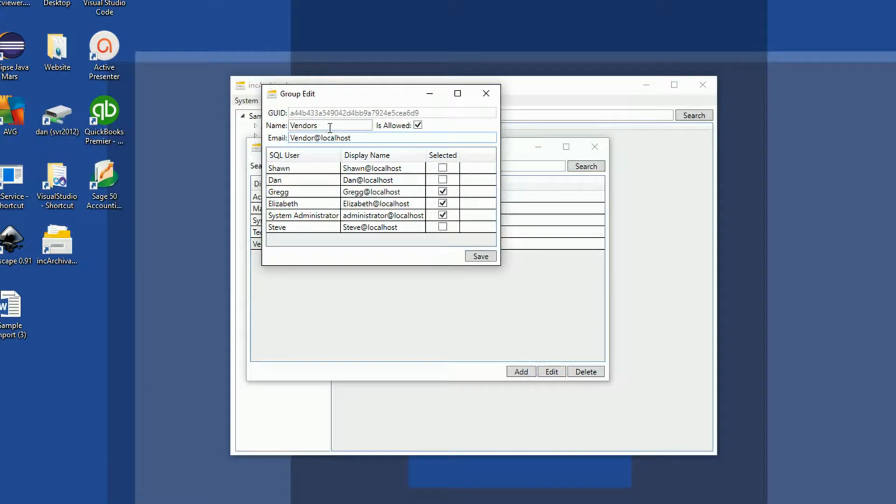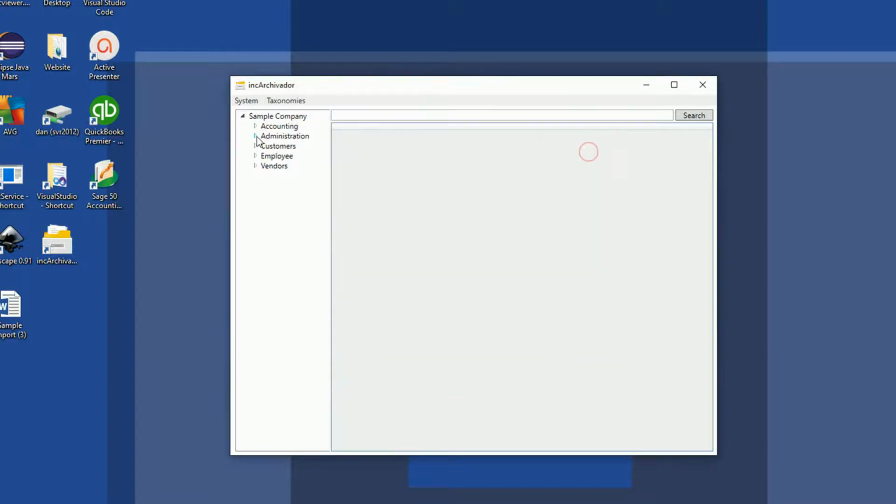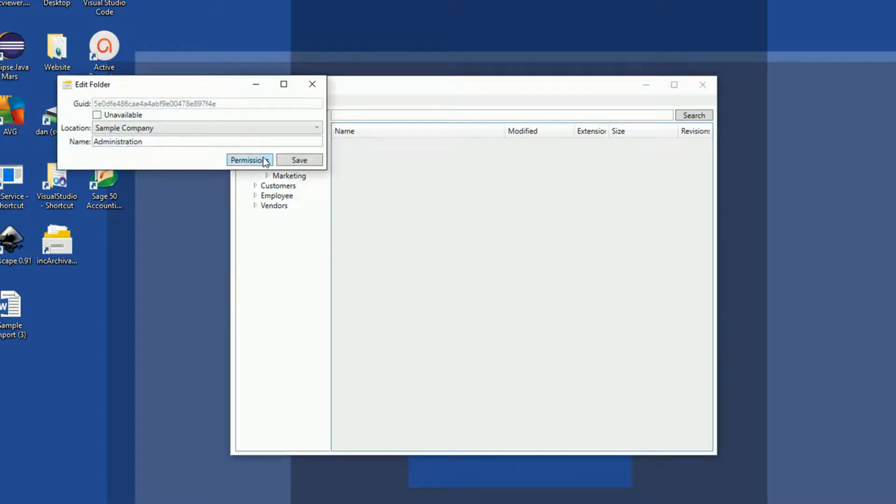As you can see here, after we've defined the name and their email and if it's enabled or not, we can also immediately add the users that we would like directly inside this menu. That becomes most relevant when changing folder properties. For example, if we go to Administration, Properties, Permissions,